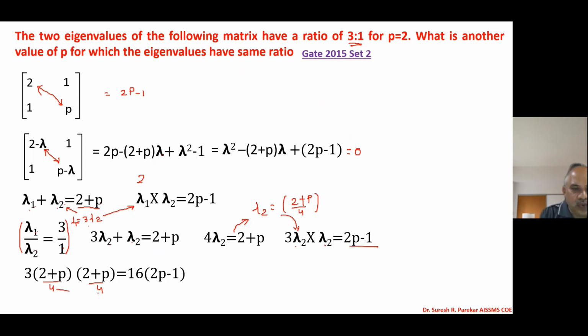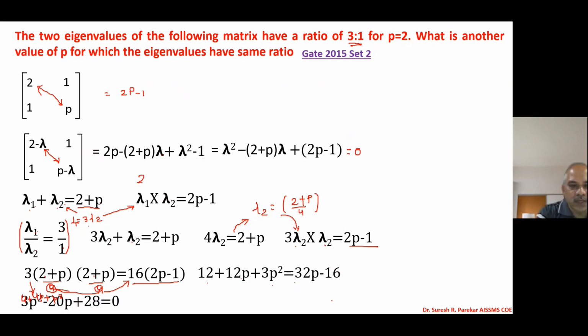We are going to substitute in this. So this 4 plus 4, 16. I have directly taken this value on this side, and then we have solved this. So we have 12. If we take (2 plus p) square, we have 4 plus 4p plus p square, and we have multiplied by 3. So we have 12 plus 12p plus 3p square equal to this one, 32p minus 6. And from this we are going to get this one equation,